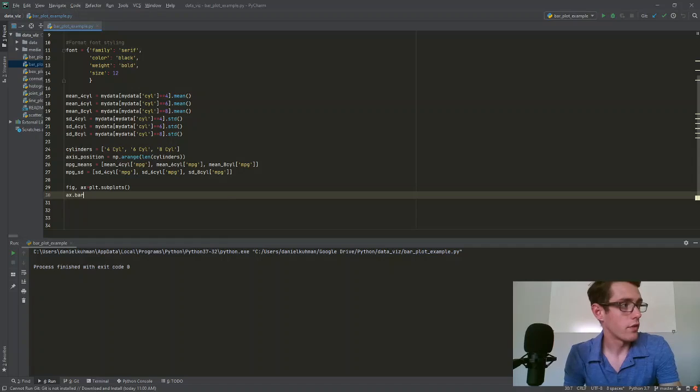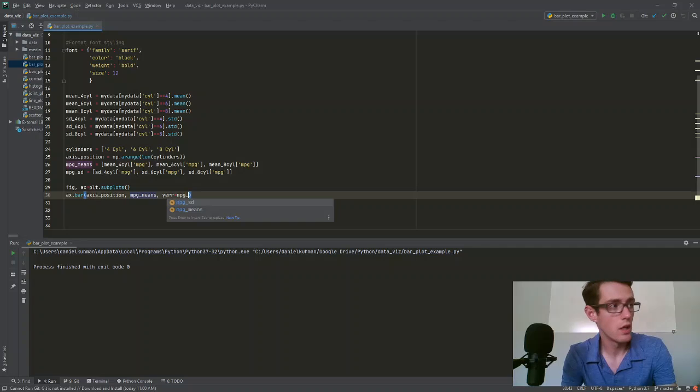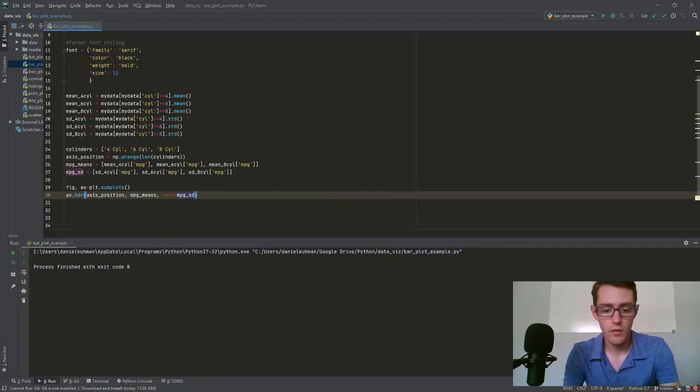And we're going to say we want a bar plot. And we're going to pass in here our X is going to be axis position. Our Y is going to be our MPG means. Our Y error is going to be our MPG standard deviations. And then we are going to add